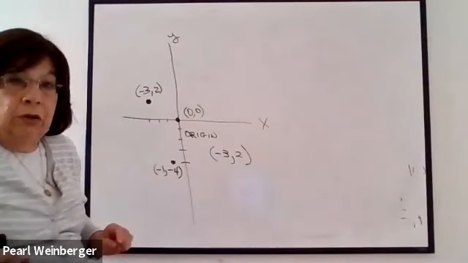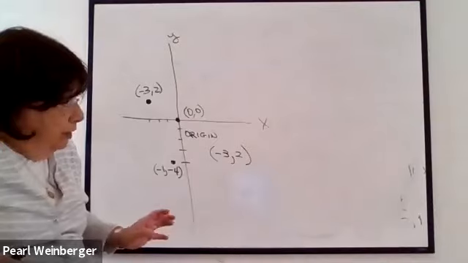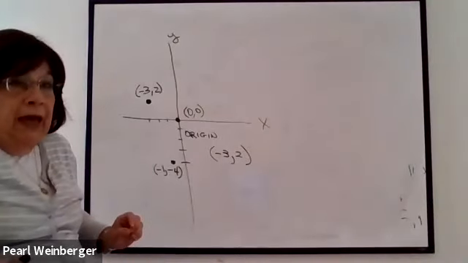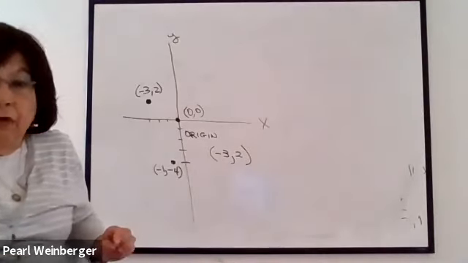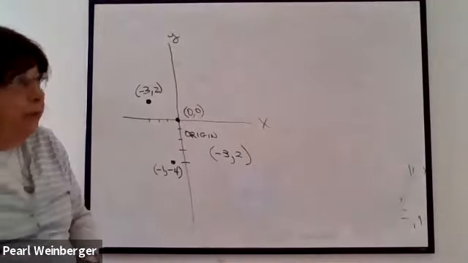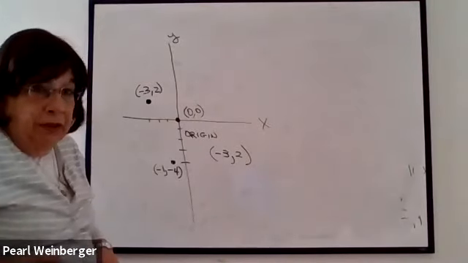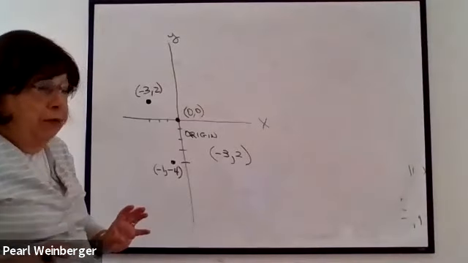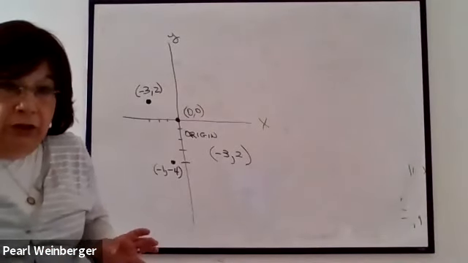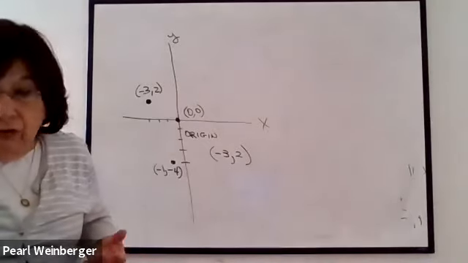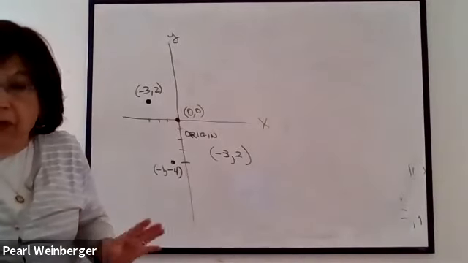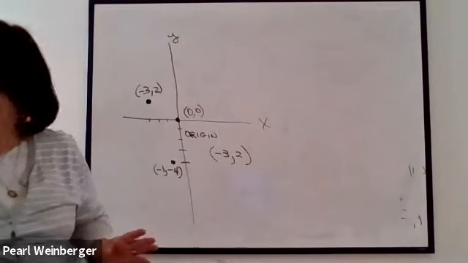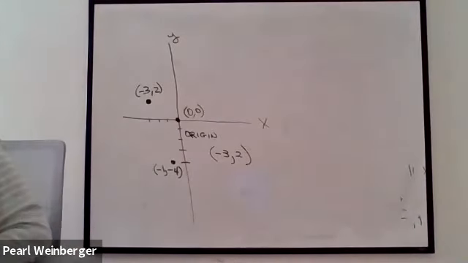And we're going to learn, or right now, review how to graph the equation of a line, how to graph a linear equation. We'll know that we have a linear equation when we don't have any x squareds or y squareds. It's just plain x's and y's in our equation. For example,